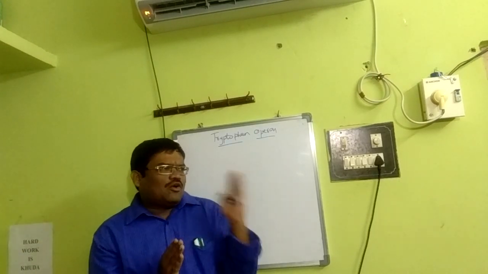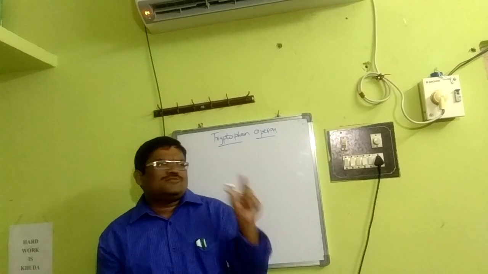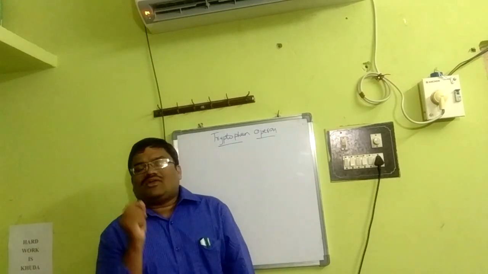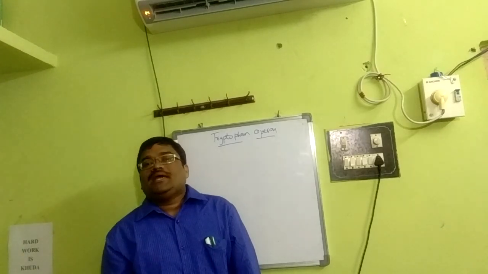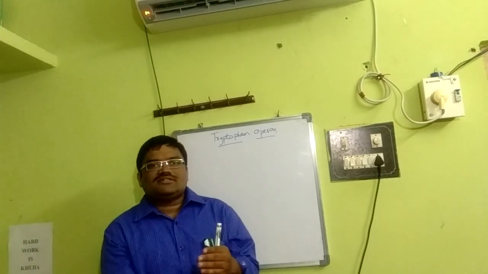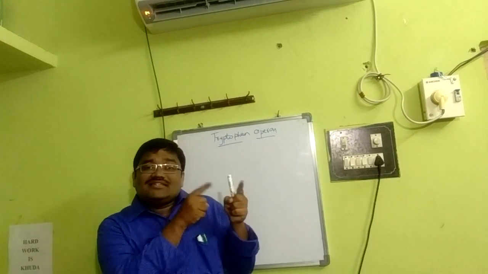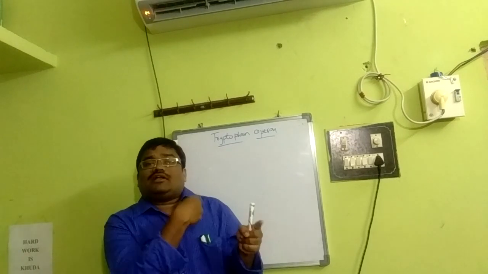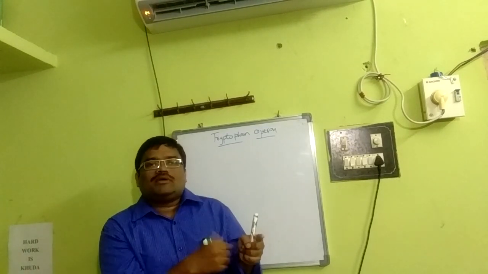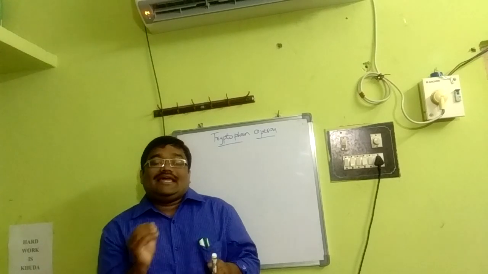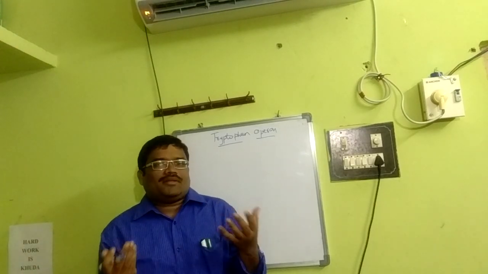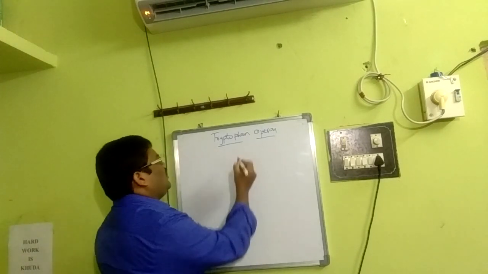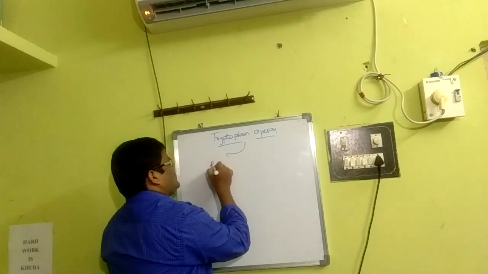The distinction between the lac operon and the tryptophan operon: the lac operon is both positively and negatively regulated, whereas the tryptophan operon is an example of negative regulation. Here we have a repressor, and I will tell you how it works, which prohibits gene expression. In the lactose operon there is both positive and negative regulation, and the operon is inducible, but the tryptophan operon is a repressible operon, because there is a repressor protein which reduces the expression of genes.